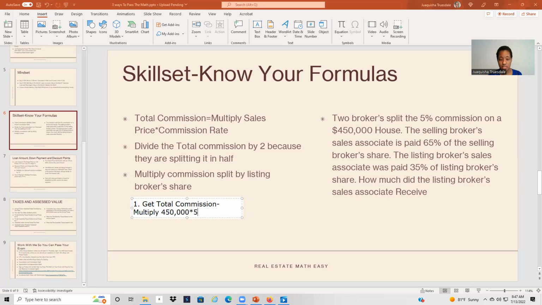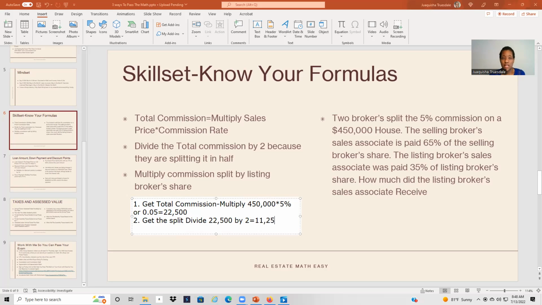times 5% or 0.05. And I have my handy dandy calculator. 450,000 times 5% is equal to 22,500. Now that we got the total commission, now what we need to do is the split. So divide 22,500 by 2. And when you do that, 22,500 divided by 2, you get